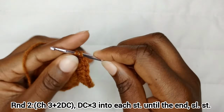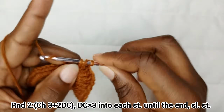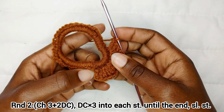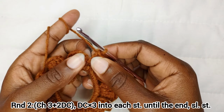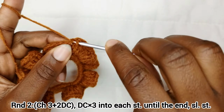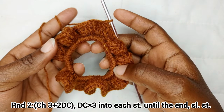Continue repeating this pattern all around. I'll meet you at the end. Once you're at the end of round 2, to finish off that round, we slip stitch into our chain 3. And then we're done with round